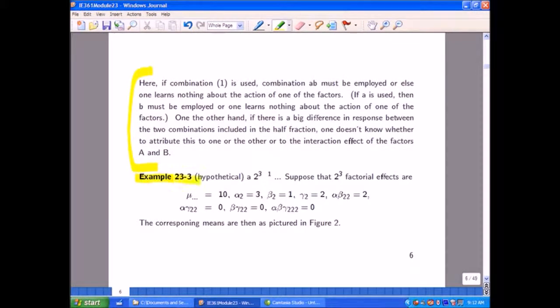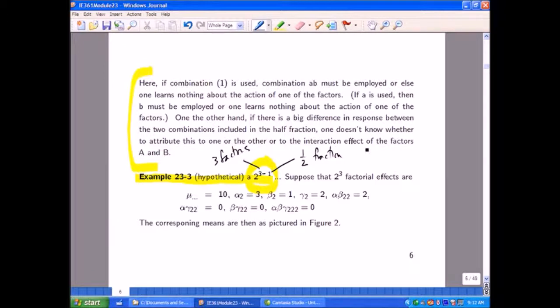Here's a second hypothetical discussion, and this is a hypothetical 2 to the 3 minus 1 fractional factorial. What I'm talking about is a scenario. This kind of notation says that we have 3 factors, and this minus 1 says that it's going to be a half fraction. That is, 1/2 is 2 to the minus first power. It's going to be a half fraction, and